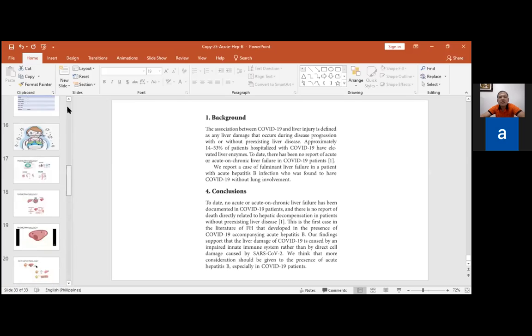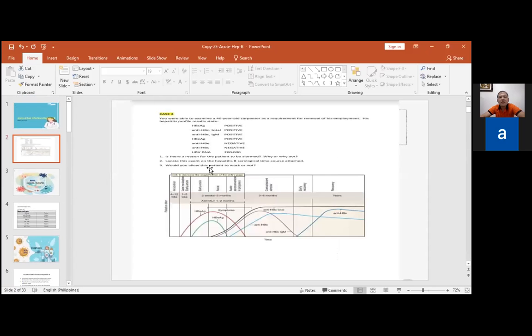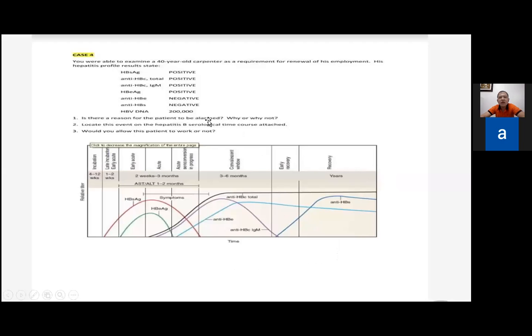3 questions ba to? So, what is your interpretation again? Acute infectious, active hepatitis, no? So where is it here? Important man na you will know. Does everyone understand this diagram? This time course sa mga viral markers. So that's basic already, ha?